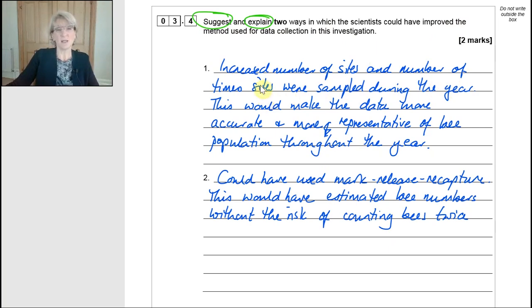Now this is me, I'm going to be honest, this is me being a bit naughty because they've said 2 ways. And I just don't know whether this will have been included as 1 way or would be counted as 2. So I actually know that as I am writing this, I am taking a risk that I might knock